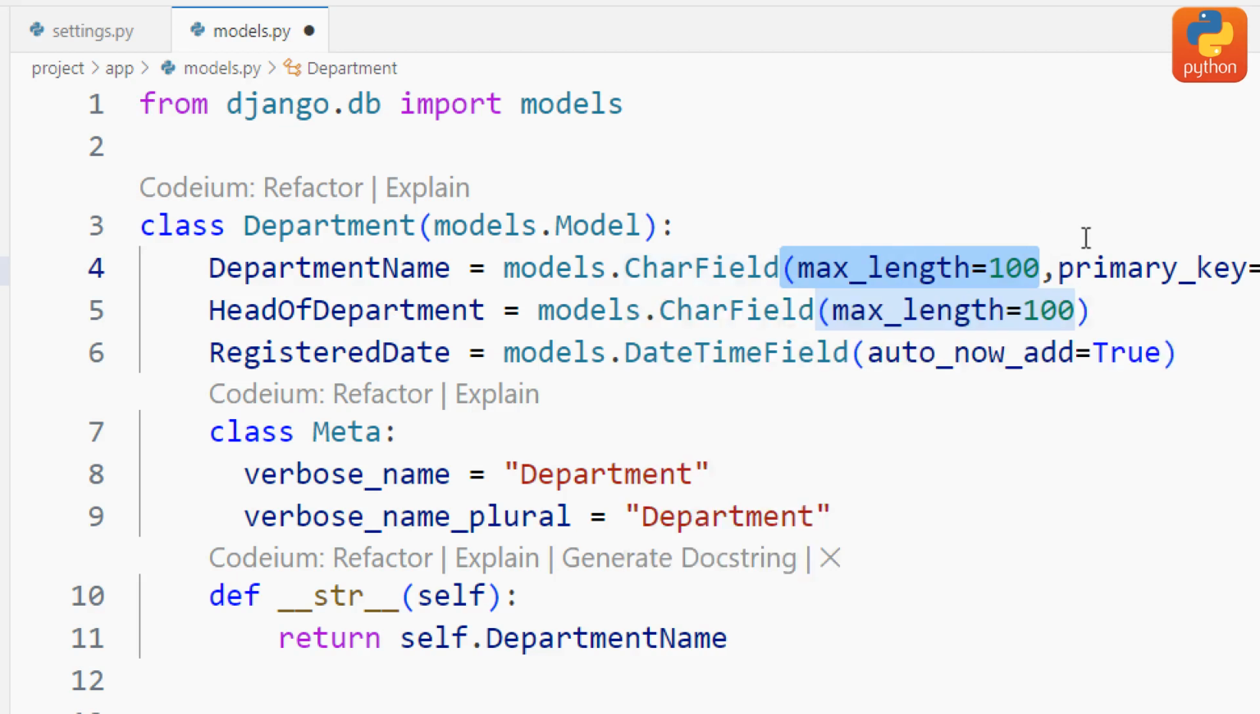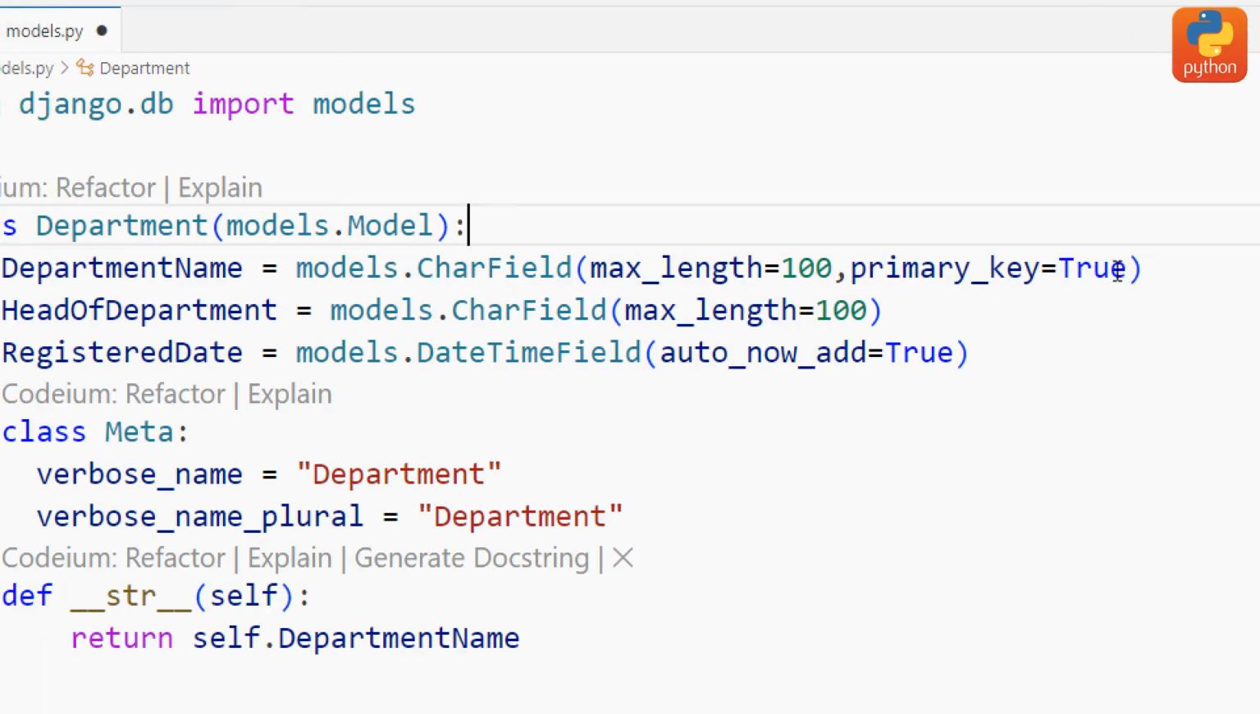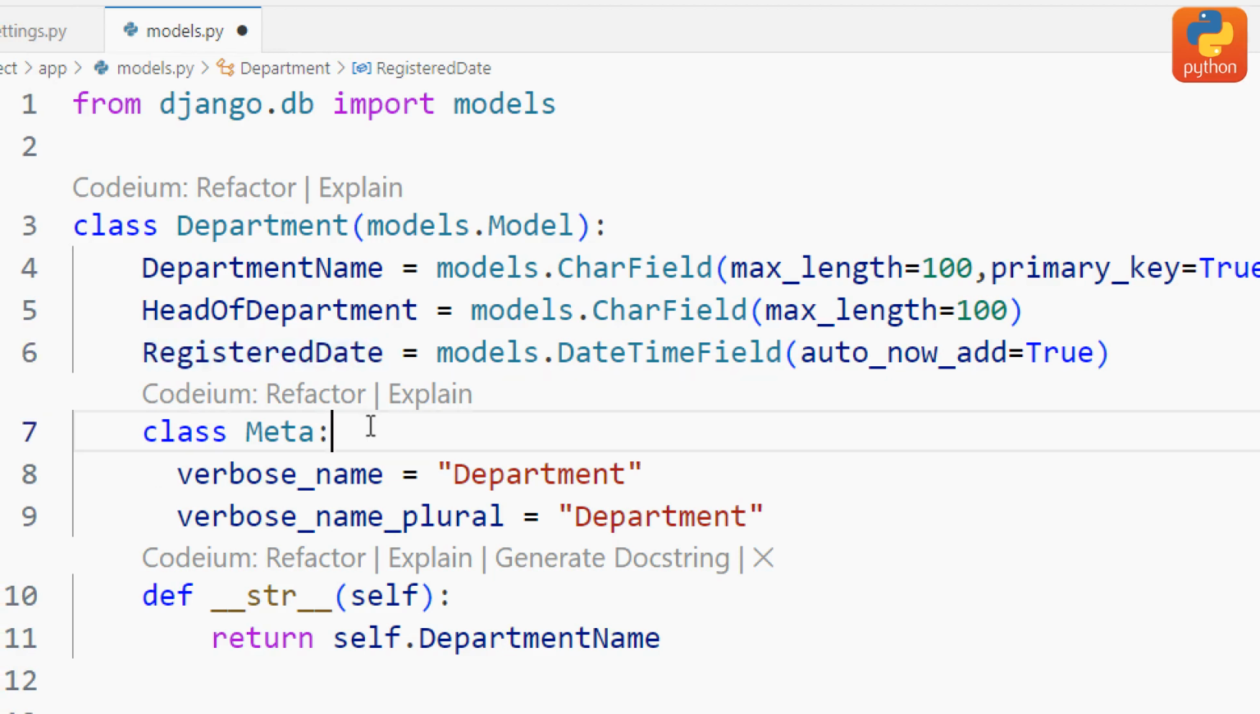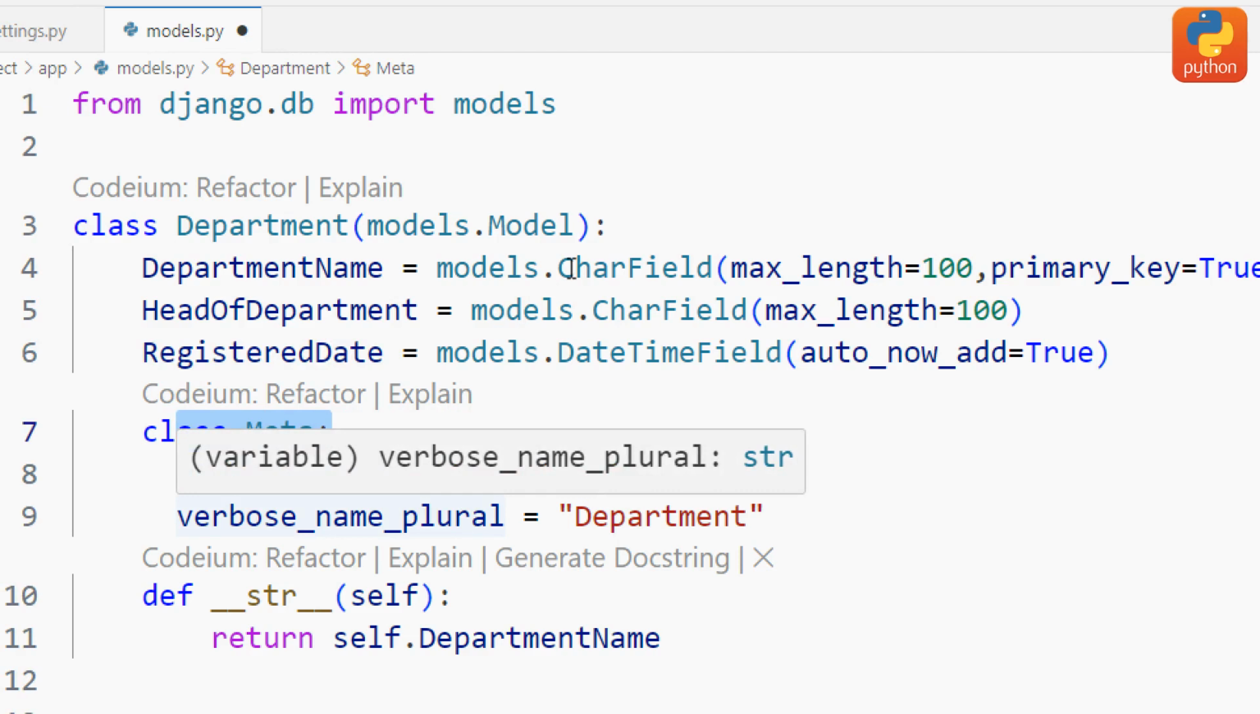Okay, and primary key is a constraint. Constraint primary key means department name is unique and is not null. Registered date is current date, automatic current date. Okay, what is the class meta? Kwenye hii hapa